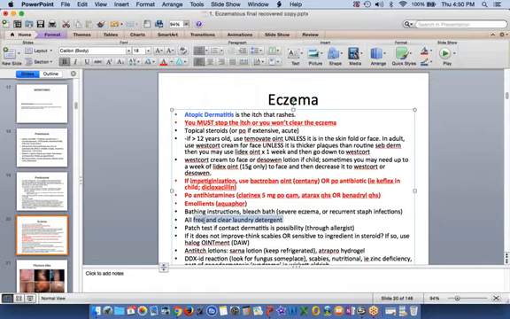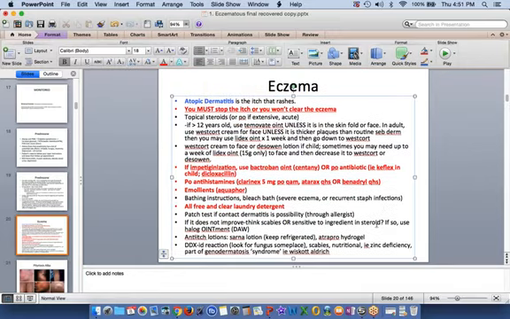This here, all free and clear laundry detergent, it's a possibility, but it's really unlikely. The most common reactions are to these paper anti-static sheets that people throw into their dryers. So as long as they're not using them, more than likely it's okay. And then a big one that